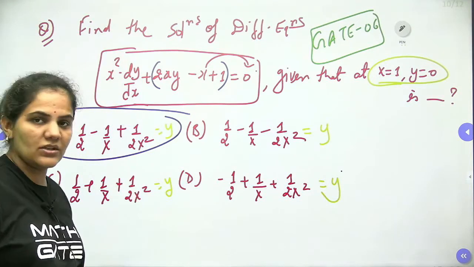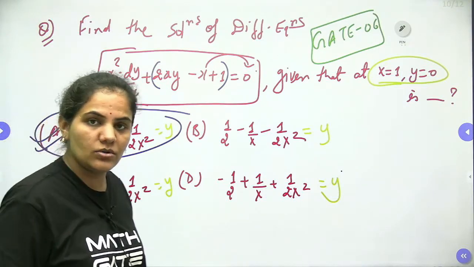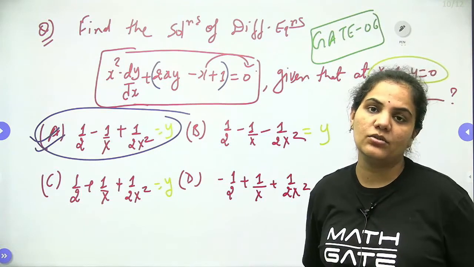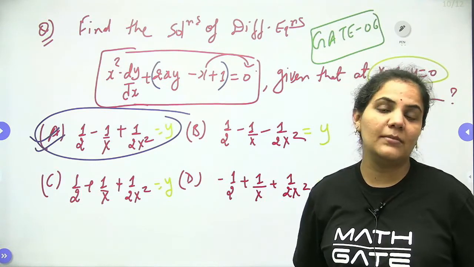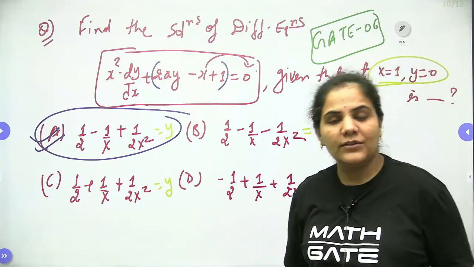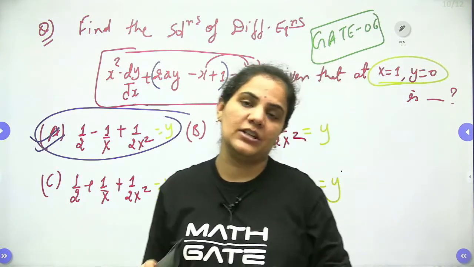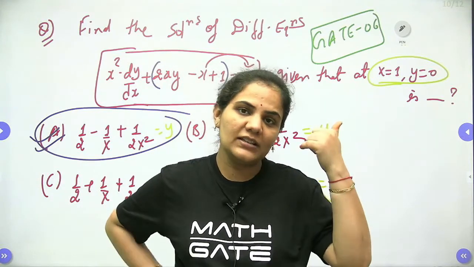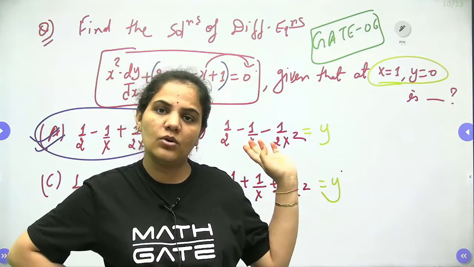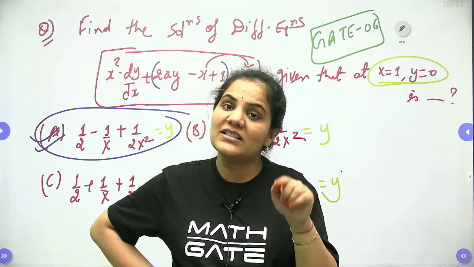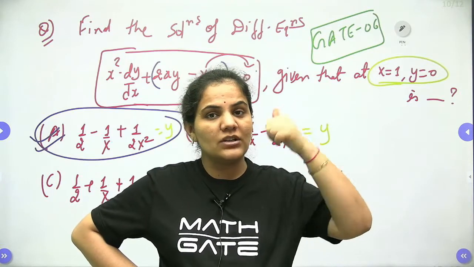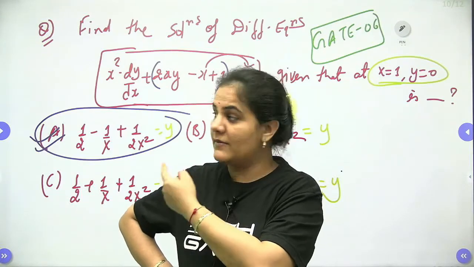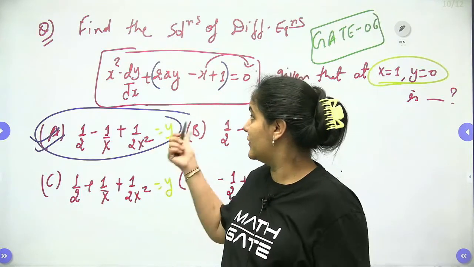So we can easily approach this question with the help of the exact equation also. So exactly what I was talking about, the same thing happened in the GATE examination also, that in each and every question the name of the method will not be mentioned. You have to identify it. Some questions are there which you can approach with the help of multiple methods. Just like a few questions ago, we discussed a question which we already discussed in the homogeneous method. So that homogeneous question you can solve with the exact method also. Similarly here also we discussed a question. This question right now we have in front of us.